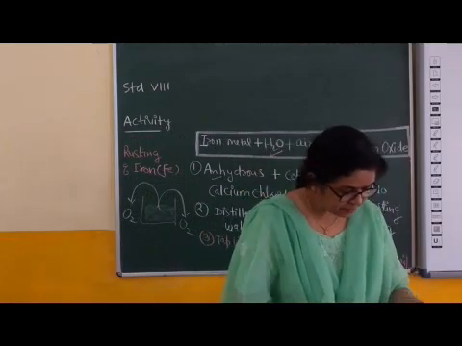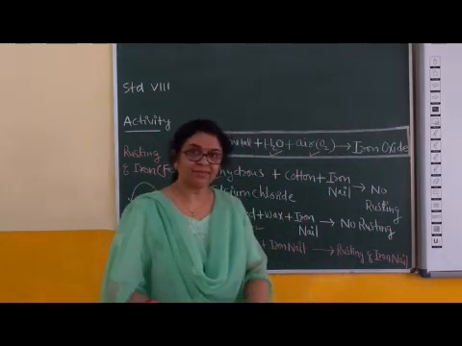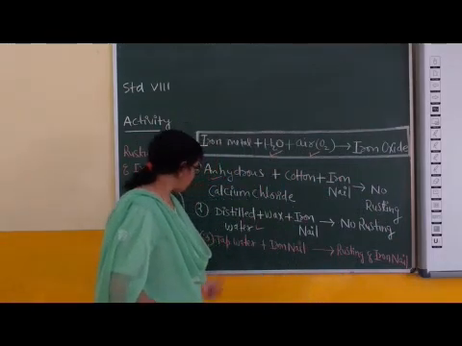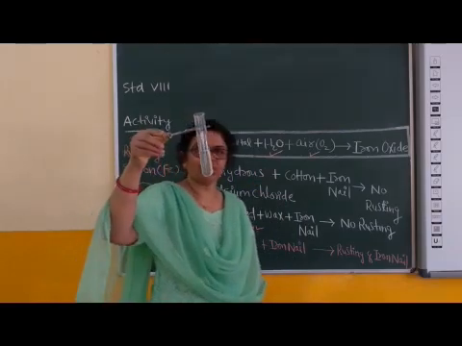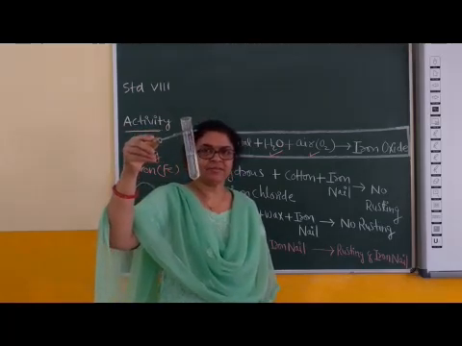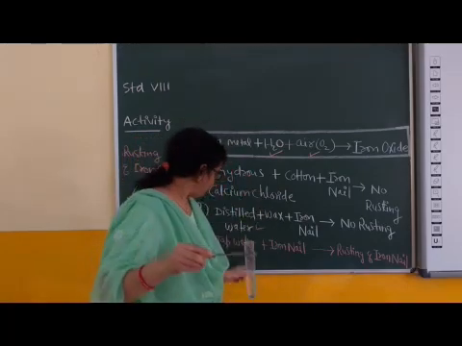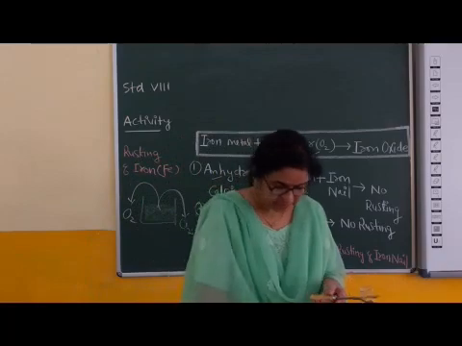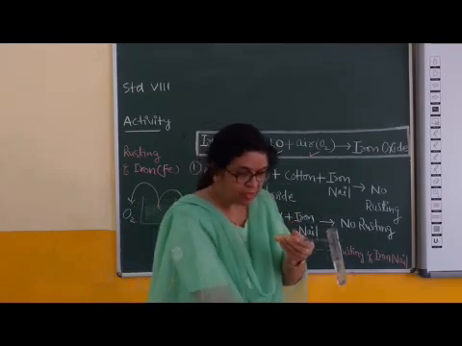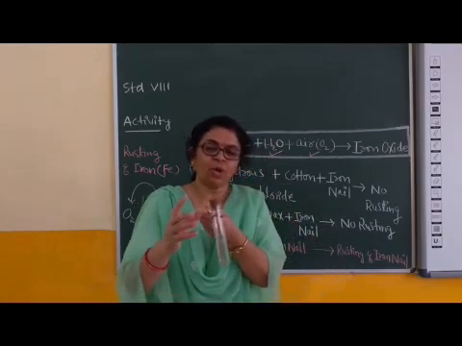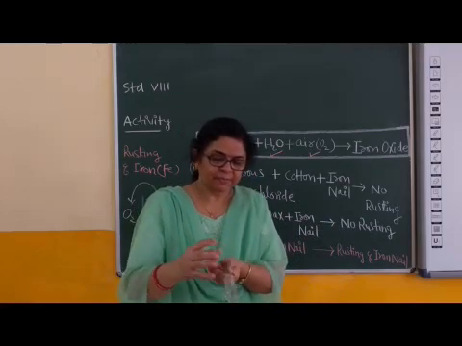Third setup, for the same process, rusting, whether corrosion is possible or not. But in the third setup, third test tube, ordinary water is taken, children. Only ordinary water. Tap water, it means saline. Presence of impurities, right? And then drop an iron nail in it. Same procedure. Then close the mouth of the test tube with the help of a cork like this. Okay, children?